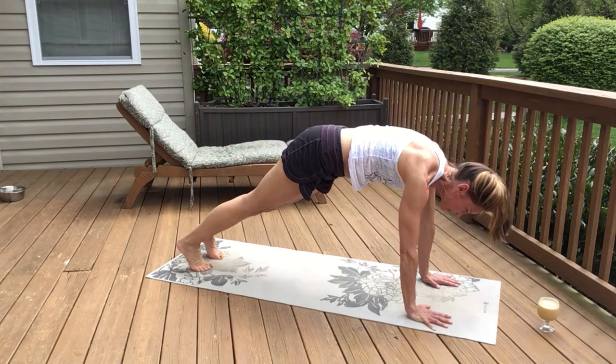So make sure you just take a moment to line everything up, that your elbows are right underneath your shoulders. Curl your right toes under, step your left foot to meet your right foot, and in fact, bring your toes together to touch so you can really squeeze to the midline. Make sure you're looking a few inches out in front, so focus on your hands or a little bit out in front of them. Take one more breath, really squeeze the belly, and then you can release your knees down, release your stomach down,